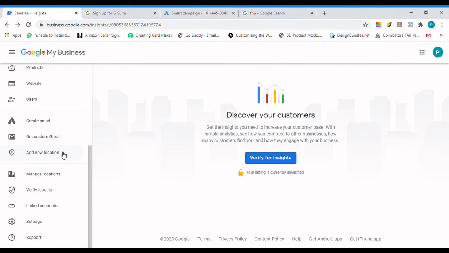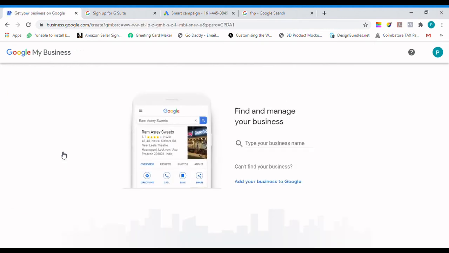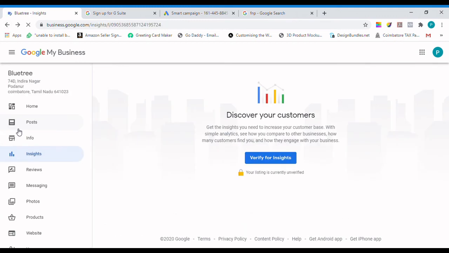I don't need to log into separate accounts. Only thing is you need to verify this business also. So there is an option of verifying multiple businesses. When I click on add new location, same thing, it will take me to the screen where it will ask me to add the business details and it will follow the verification process.